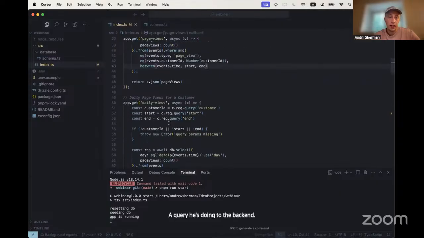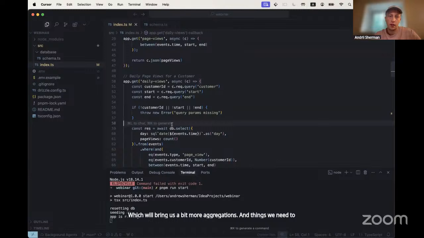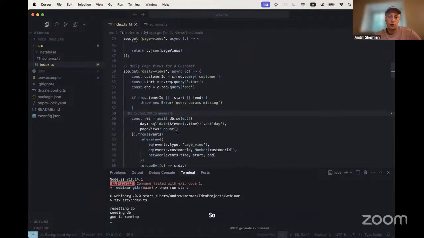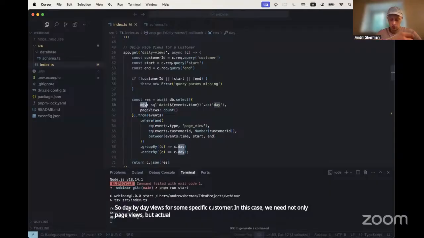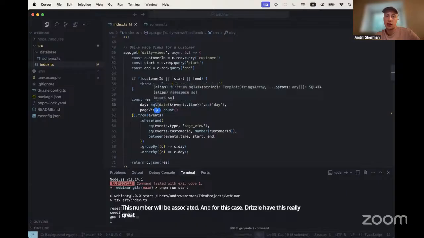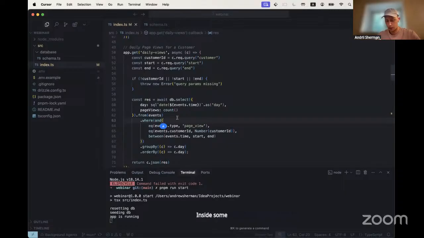Then we can do the daily views, which will bring us a bit more aggregations and things we need to write in our SQL. So let's check the daily views. So day by day views for some specific customer. In this case, we need not only page views, but the actual date with which this number will be associated. And for this case, Drizzle has this really great SQL template that can be used inside some query in different places.